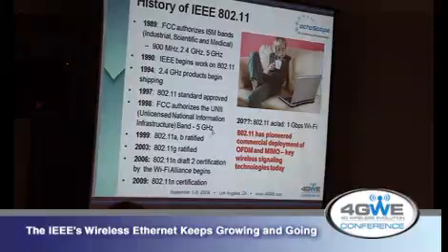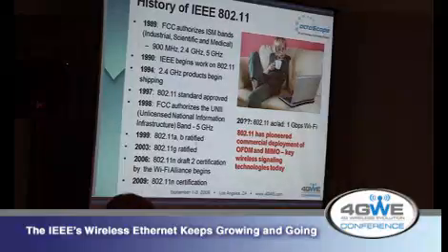It started out as 2 megabits per second, and I was using it back in the mid-90s. I started using it at home, and of course there was no going back to wired. Once you can sit in front of the TV and do your email, that's it. And so because it was cheap and simple and it worked well enough, the technology was very successful, has evolved from its traditional 2 megabits per second to A, B, and G, now N at 64 megabits per second for each stream and multi-stream technology.